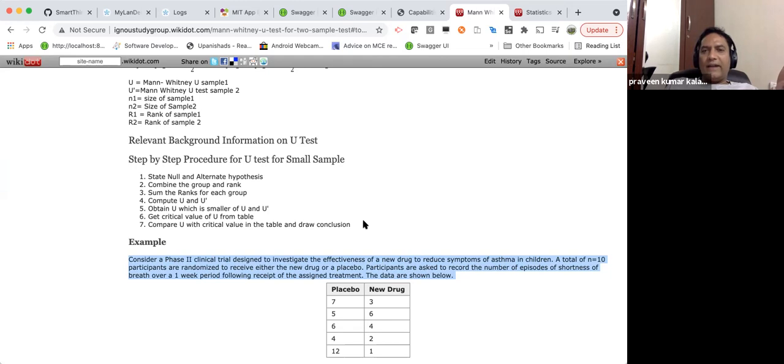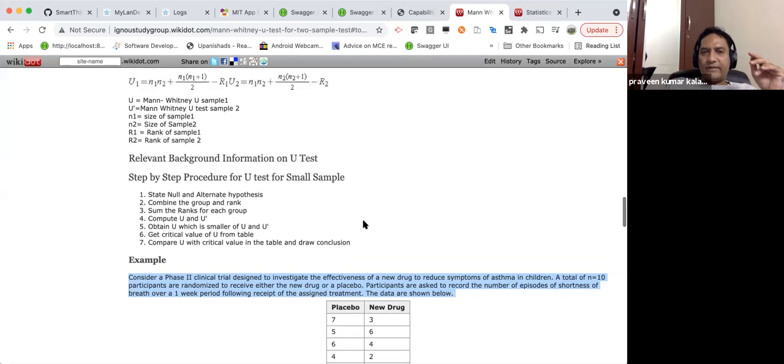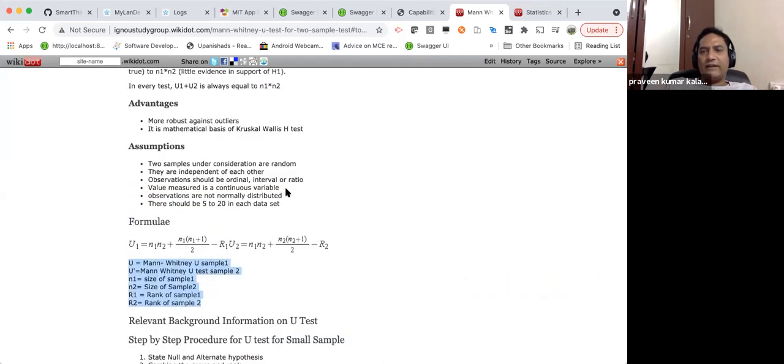The equivalent for the same in the parametric test is the dependent t-test or paired t-test. So that is exactly Wilcoxon. Any questions here? We can go and solve this particular Mann-Whitney test together, and we can conclude.